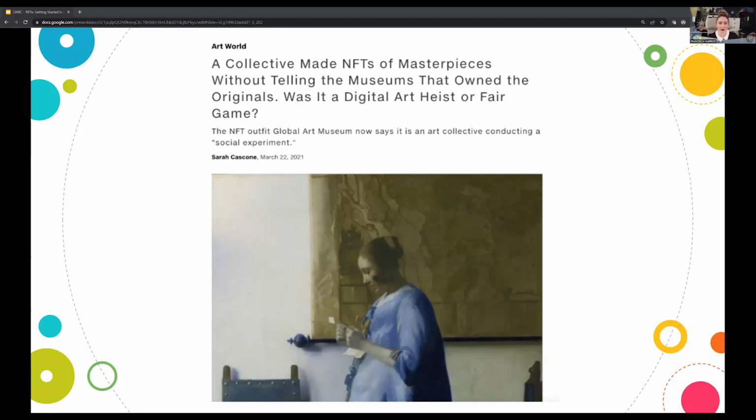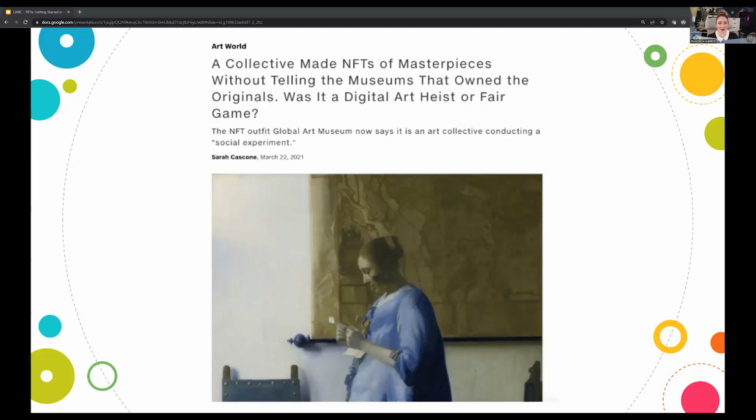But the Global Art Museum was not acting in collaboration with the Rijksmuseum on this, and they stated publicly. So ultimately, the pieces were not put up for auction or sale, and GAM, the Global Art Museum, released